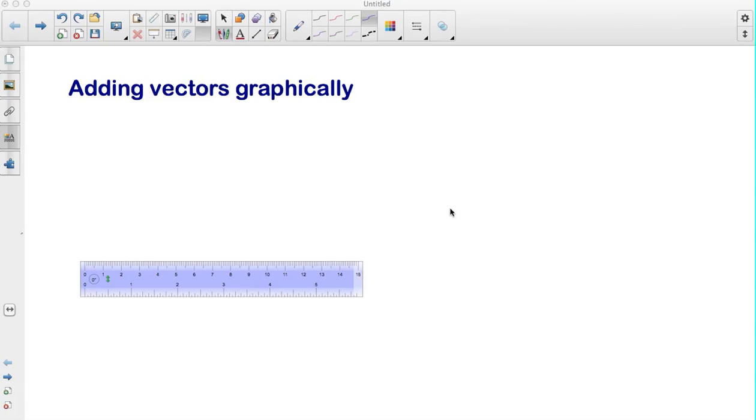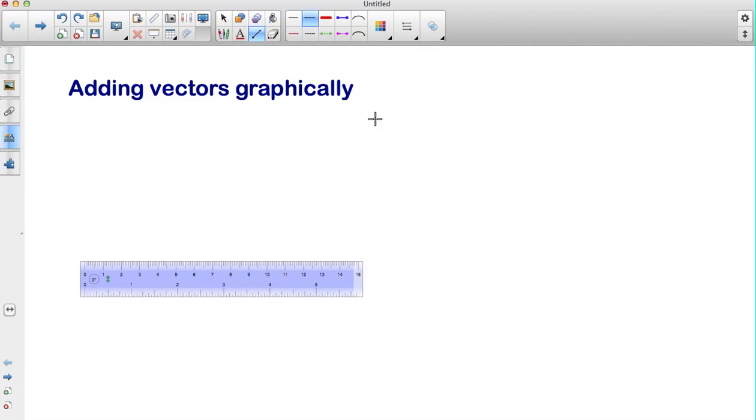This video is about adding vectors graphically, and the word graphic you'll probably recognize as a picture. What we're going to do is use our concept of vectors, which are things that have magnitude or a size, which are usually some type of number, and a direction, to essentially make a picture. Sometimes it's simple. Just to try to give you a visual here, we have an arrow going to